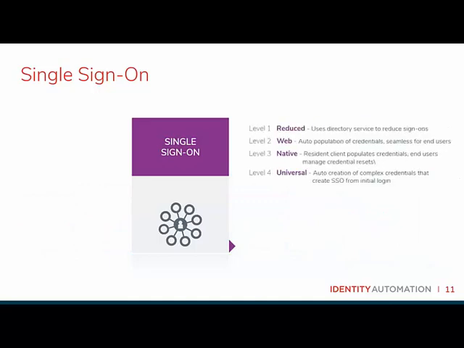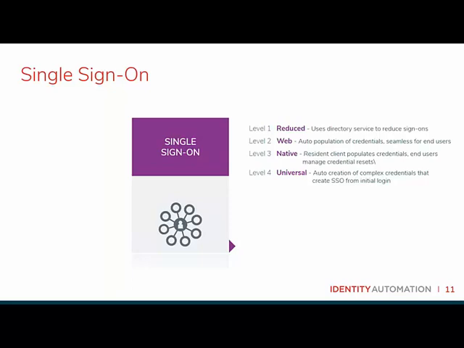So the term single sign-on is used a lot, but for me, I like to think about it as the ability for a user to authenticate to one system one time and then access, log into multiple applications without having to re-authenticate, right? And although not shown on the slide, level 0 here means simply your users are logging into each application with credentials that are specific to each and every application.